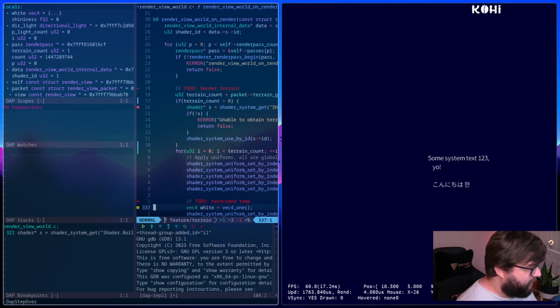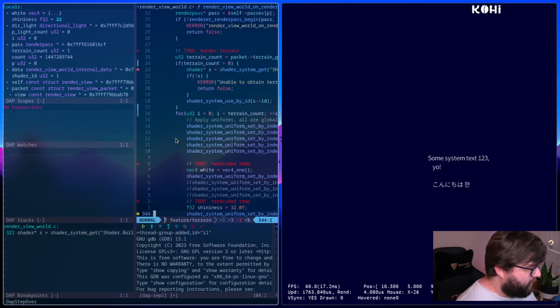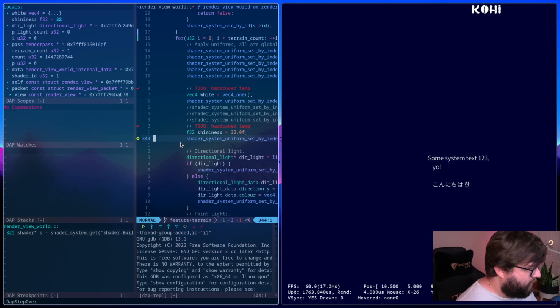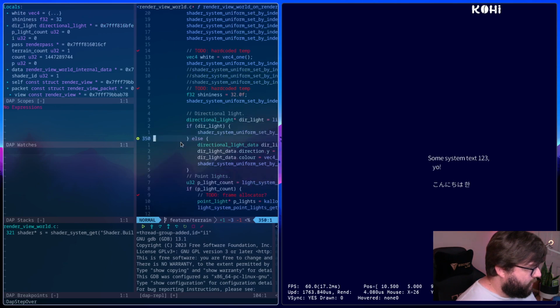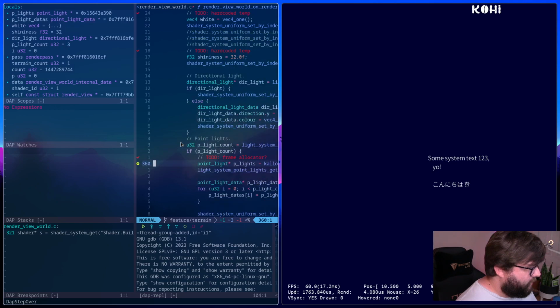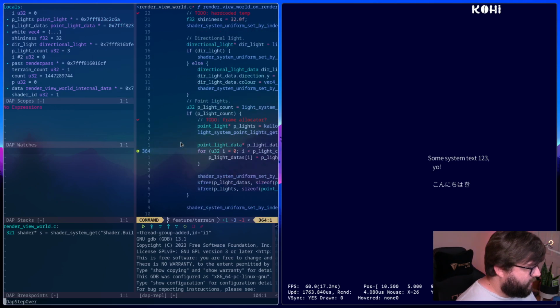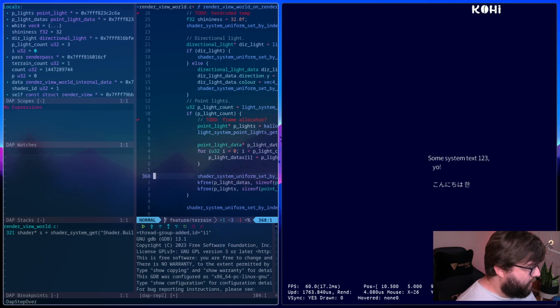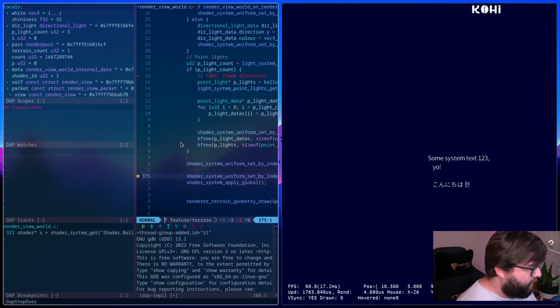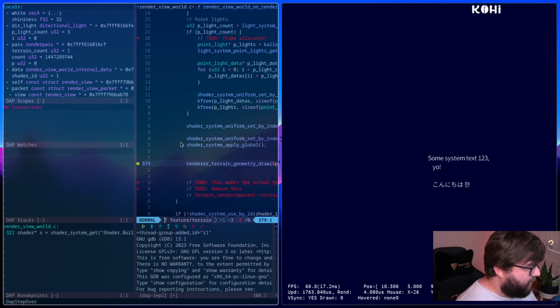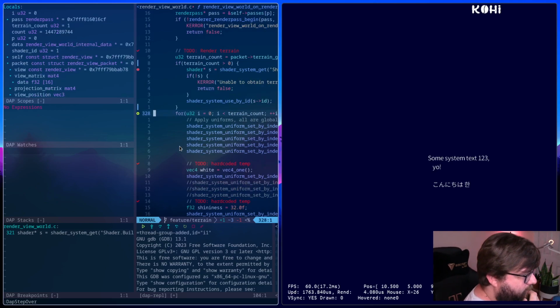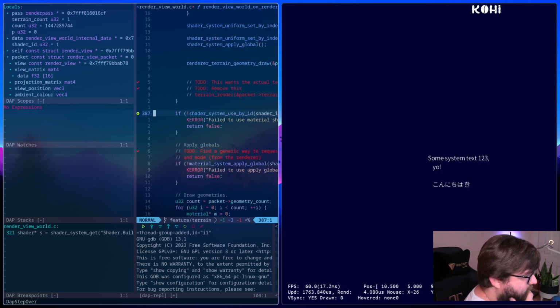We're applying all the uniforms. We're applying the point lights. That's the globals. There's the draw command. And then it moves on to the next one.